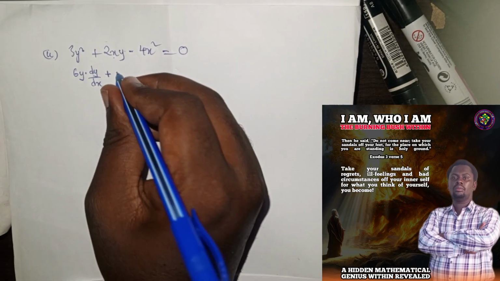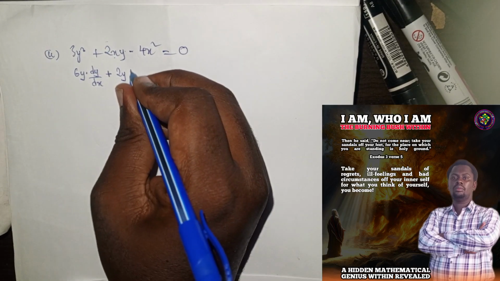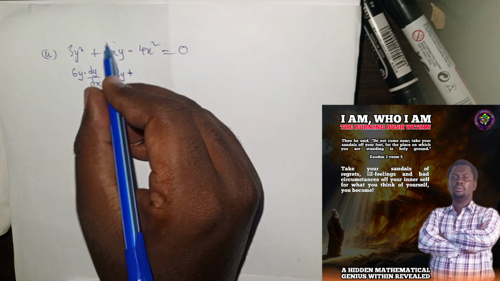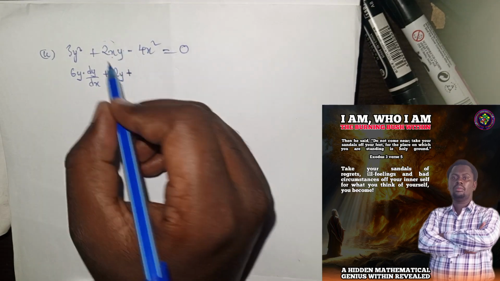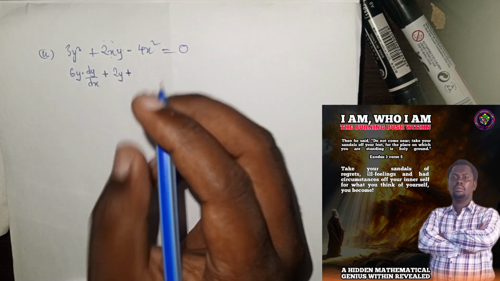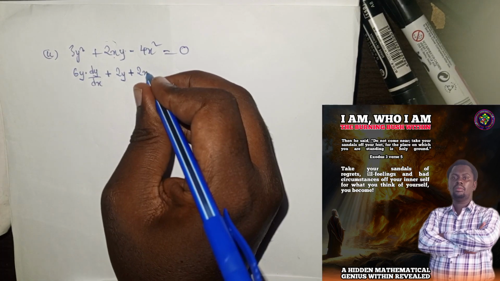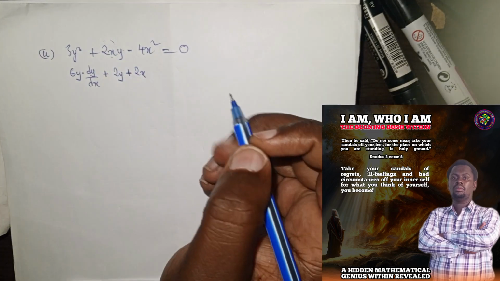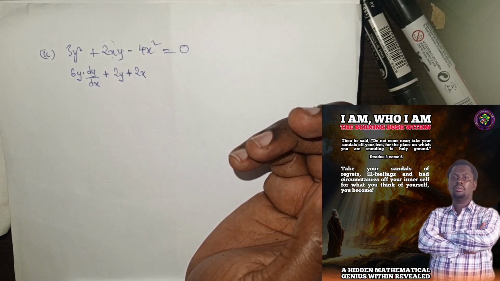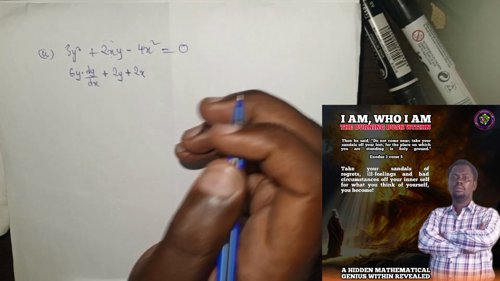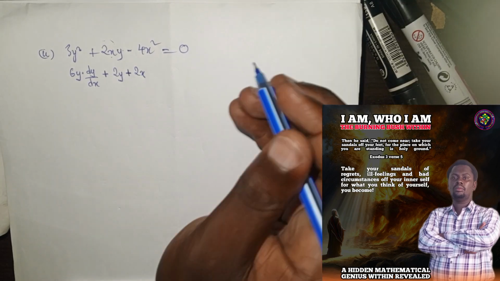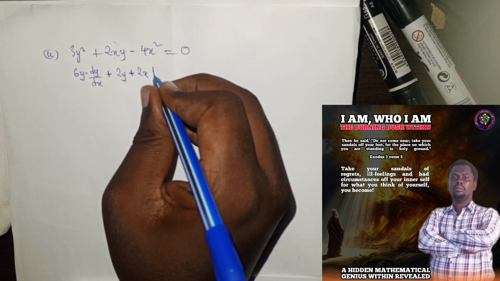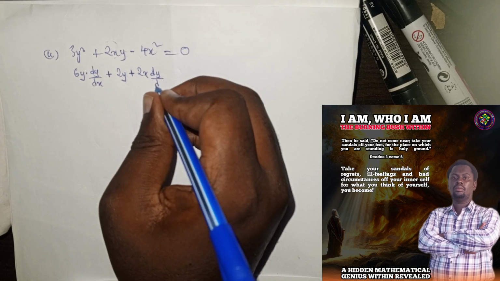Then multiply by y, so we have 2y, plus. We differentiated this and kept this constant. Now we need to differentiate y, and we keep 2x constant. So we have 2x, then the derivative of y is just 1. Now, since it's not in terms of x, you multiply by dy/dx. So 1 multiplied by dy/dx, you get dy/dx. So it's 2x dy/dx